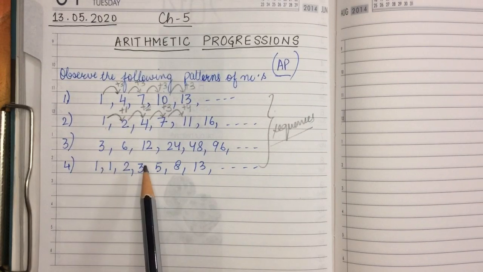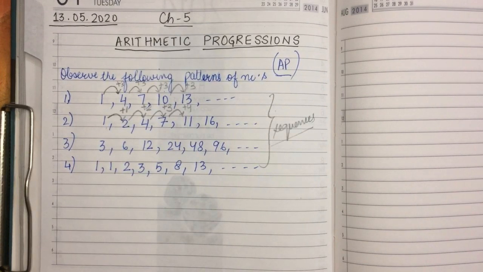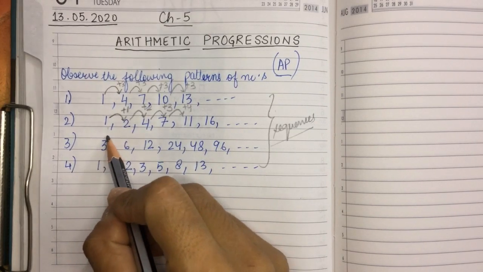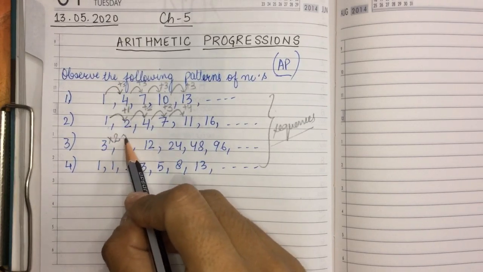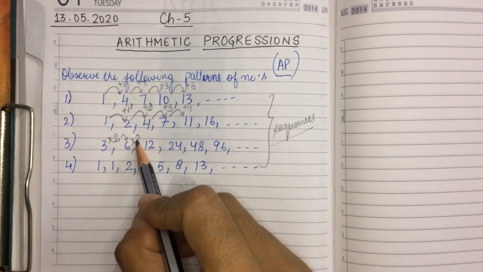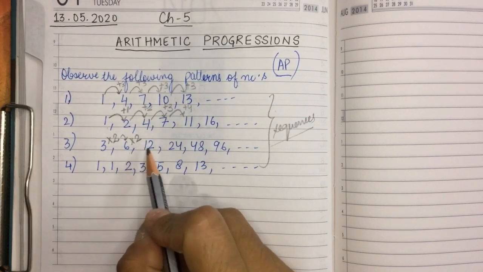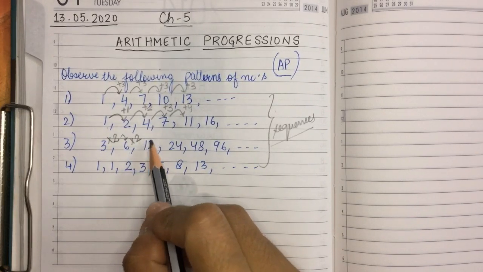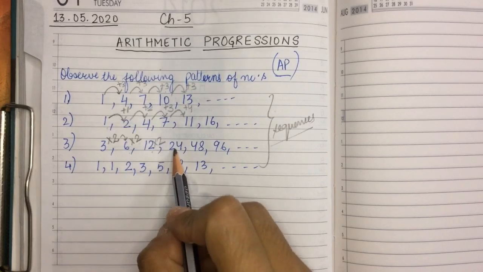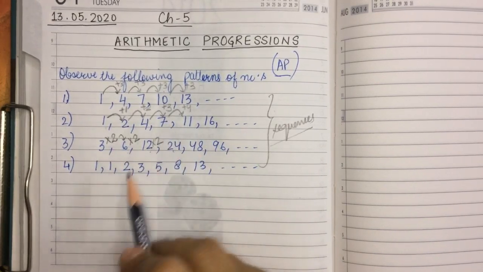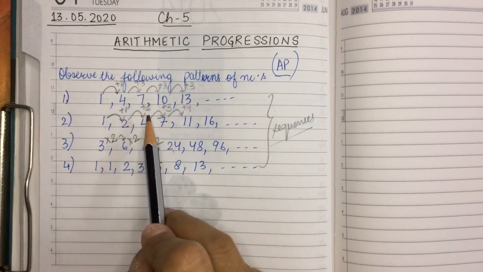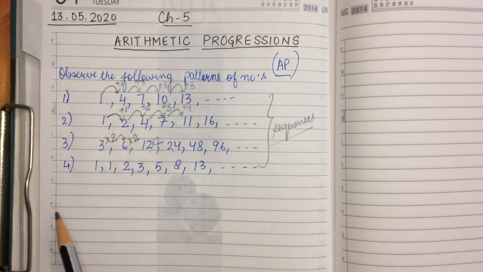Looking at the third example, here the pattern is not based on addition of a number, it's rather multiplication. So what's being done here is the first number is multiplied by 2 or doubled and we get the next number. Then again, the second number is doubled, we get the third number. The third number is doubled to get the fourth number, so on. So this has a different pattern than the first two. Here we had addition of some sort, here we have multiplication.